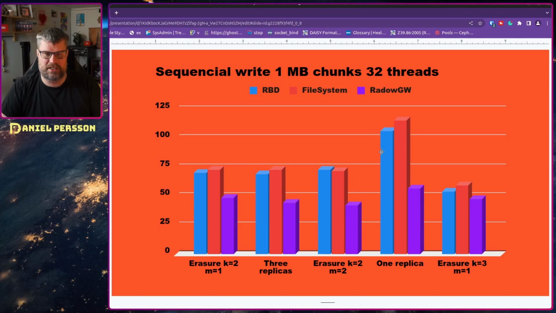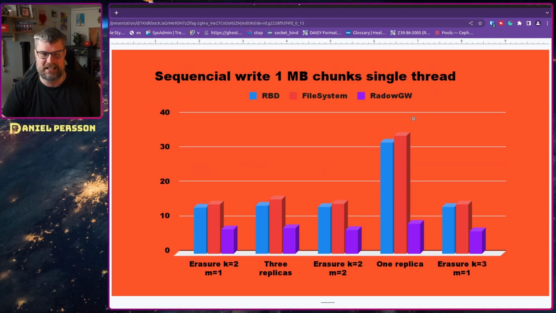But we still see that if we only have 1 copy of the data, of course, we can write a lot faster. The same goes for when we have single thread and write 1 megabytes of data, 1 replica. It works really fast, but having 3 replicas or having erasure coding is pretty much the same thing for writing